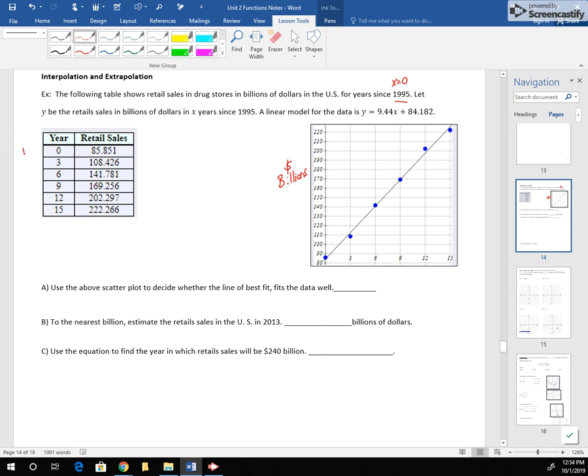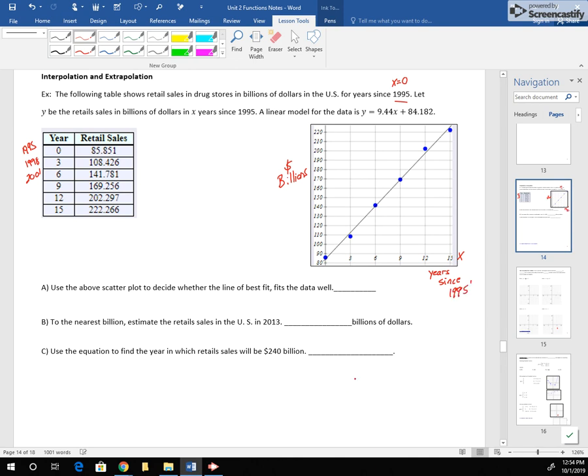So year 0 is 1995. Year 3 would be 3 years after that, or 1998. And then 6 years after 1995 is 2001. So that's how that's working. We reference everything back to 1995, and that's the 0 then for the x-axis. And this x-axis does stand for years since